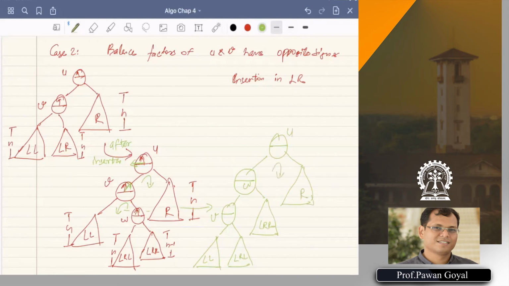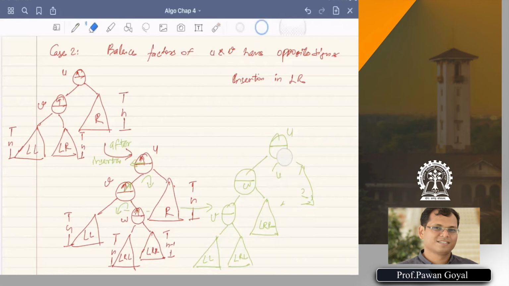We are putting a right rotation of this, and then what will happen? So yeah, let me just try and modify the same picture. So W will become the top, and U will become the right child of W. Okay, so I will try to modify this.